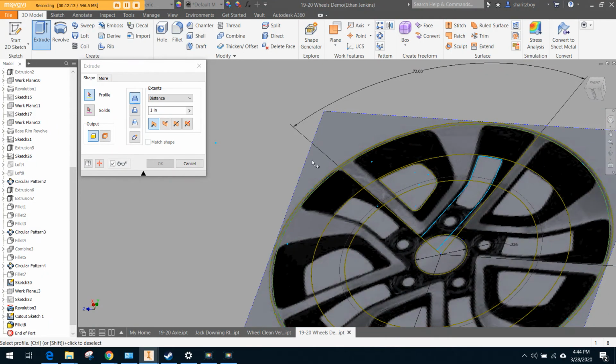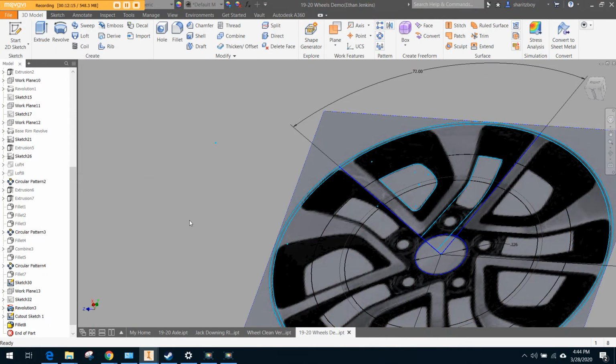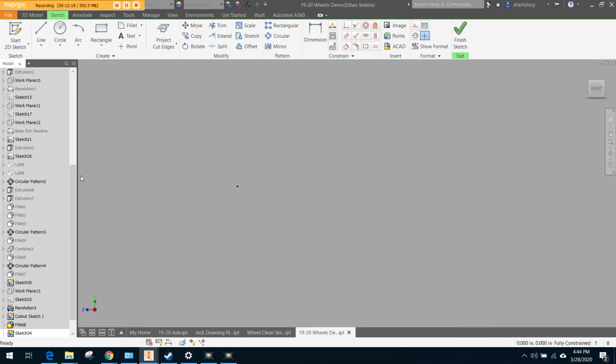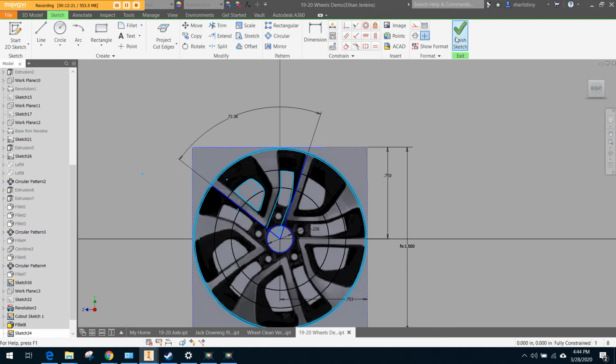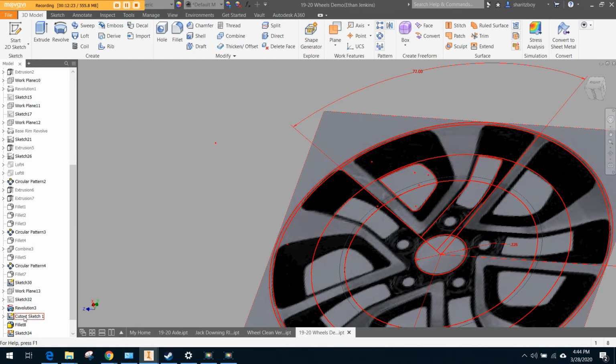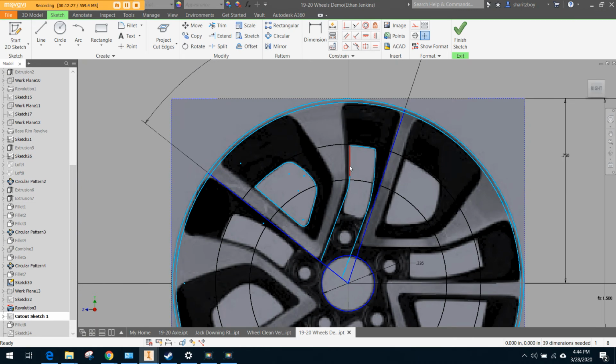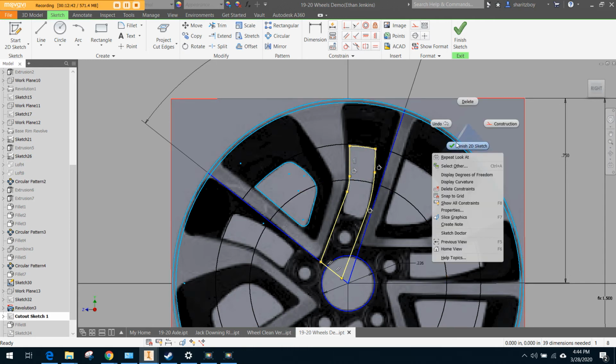So like this one's being really hard for me to grab. So here's what I will do sometimes: I will put a brand new sketch over top of that sketch. And what you can do is in that sketch, I can just select the lines, for example. So if I say, I want those, I want that. If I hold down Shift, I should be able to select all those. And basically what I'm doing is I'm selecting the profile piece by piece, because then if I copy it,